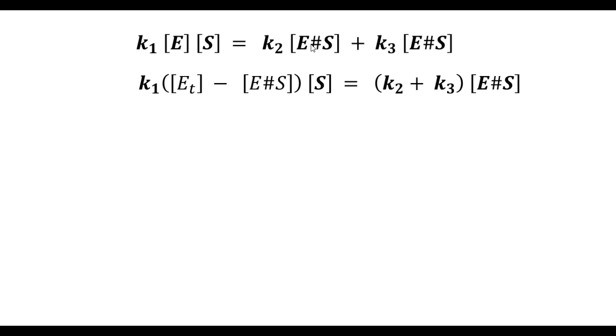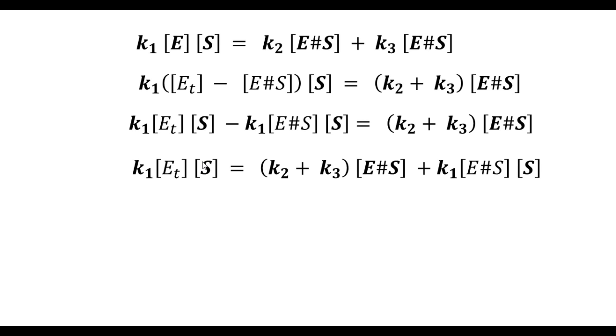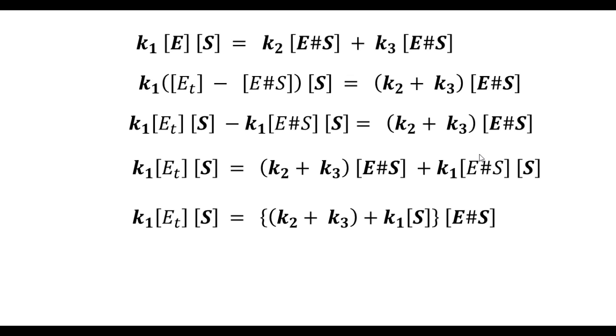K1 into ET minus the enzyme substrate complex into this S. This is common here, therefore K2 plus K3 into ES. And a little more algebra. I'm just taking this S inside the bracket, and then I'm combining the terms which have the enzyme substrate complex. So K2 into K3 into enzyme substrate complex plus K1 into enzyme substrate complex into S, and therefore you could write this as